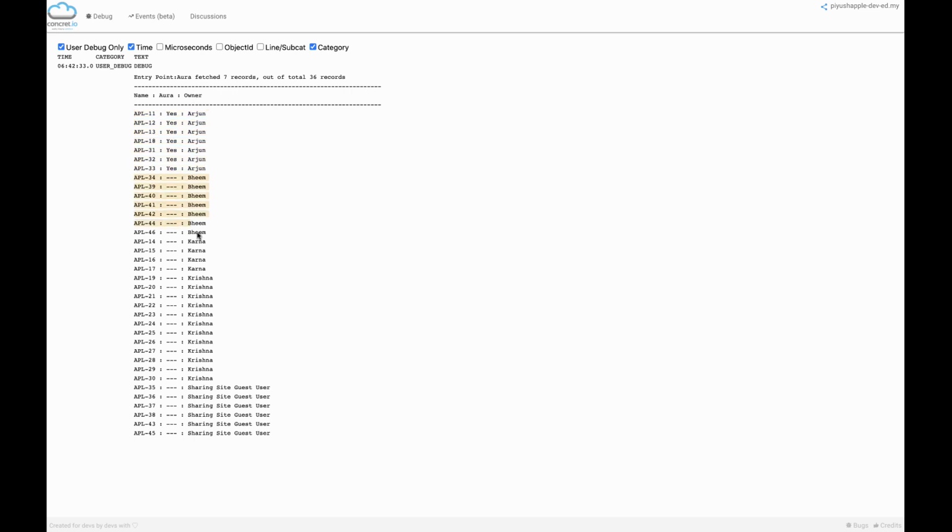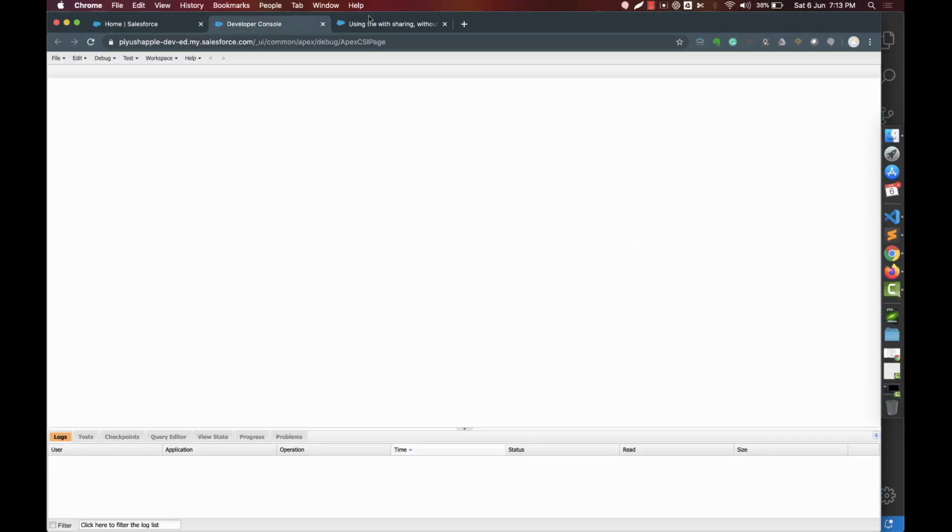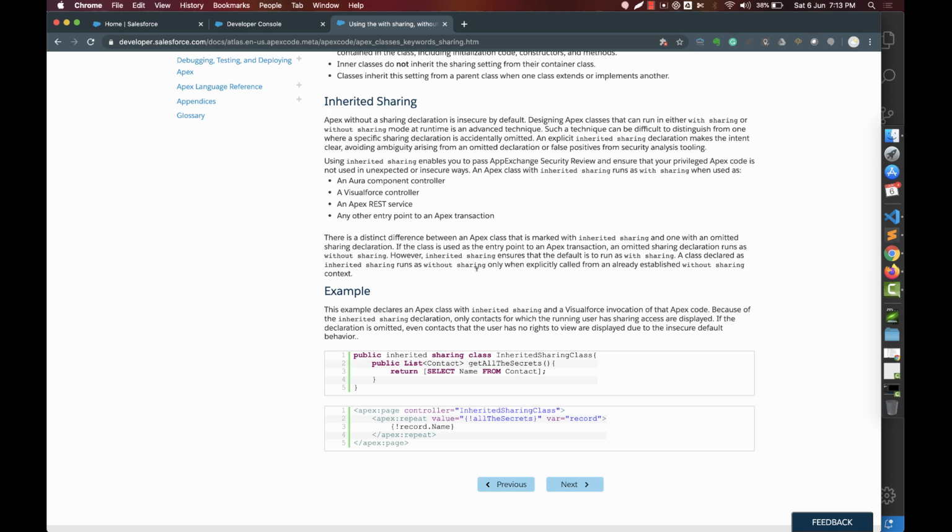And notice that I have used the without sharing context to print out all the other records, but the aura access is blank here. The user can't see these records, it can only see the records with yes. So that means this is correct. This works in the with sharing mode, so the experiment is successful.